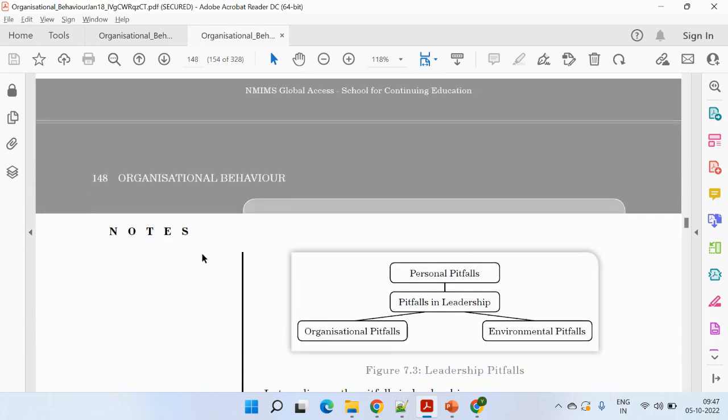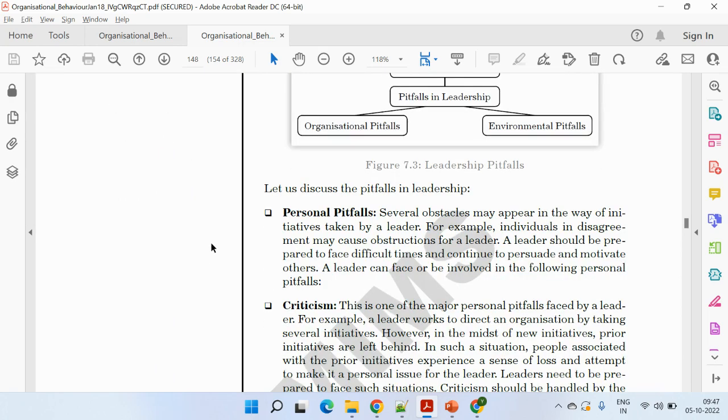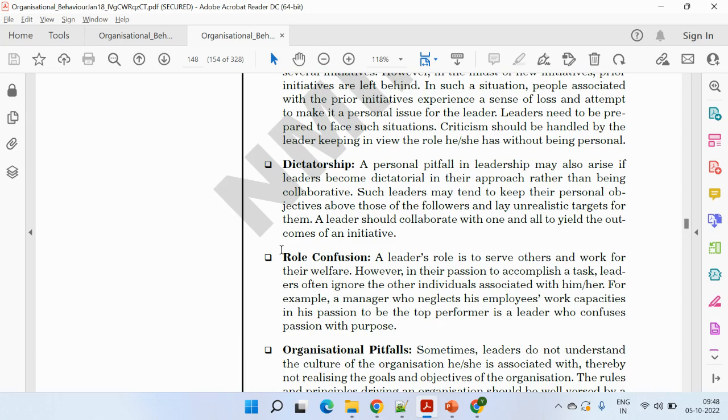If we talk about leadership, there are three pitfalls. One is personal, second is organizational, and the third one is environmental. In terms of the personal pitfalls, the most important one is criticism. In such a situation, people associated with the prior initiatives experience a sense of loss and attempt to make a personal issue with the leader. The same thing happened in this case. The second part is dictatorship, like the Hitler approach,